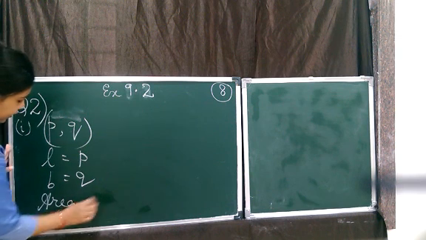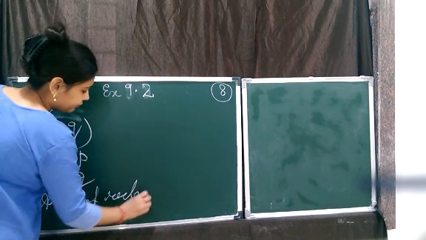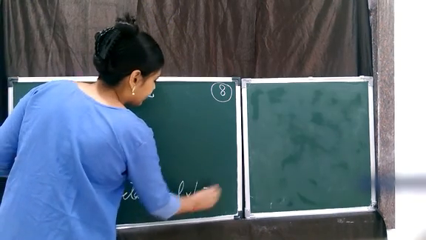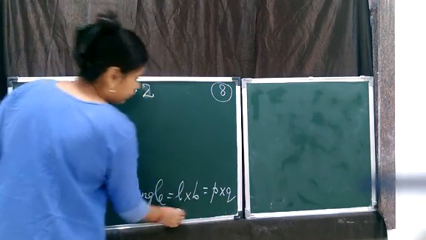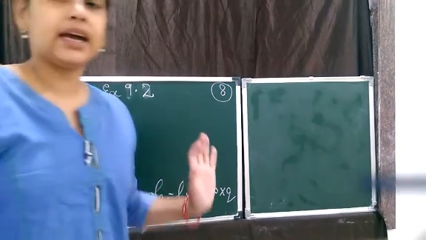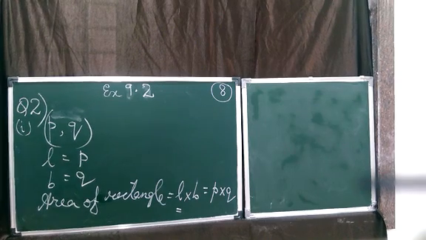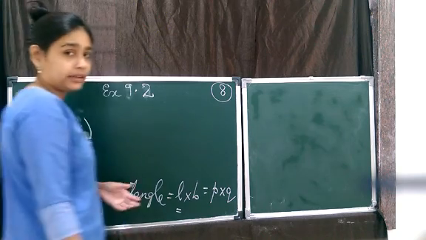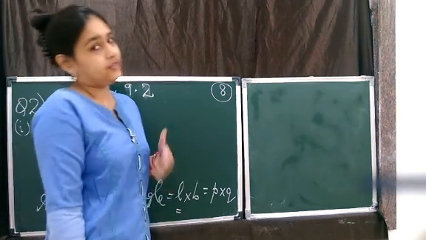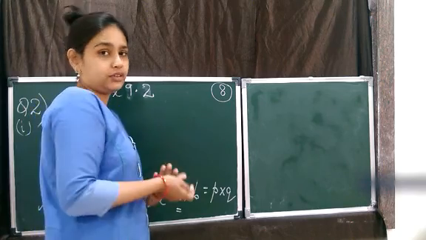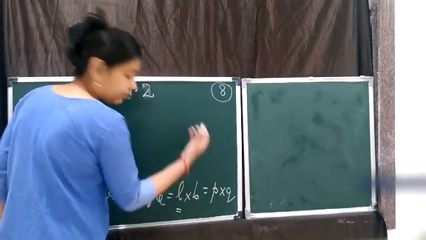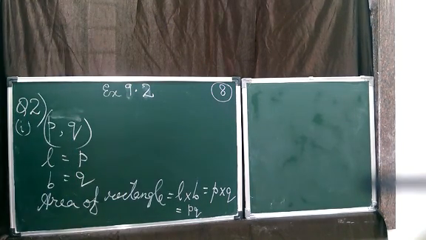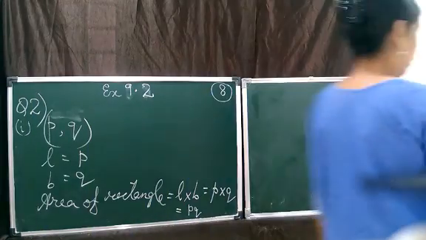Area of rectangle. What is the area of rectangle? Length into breadth. That is P into Q. So, we studied, we multiply the constants and the variables. The constants get multiplied and the variables get multiplied, and the exponents of the variables are added if the variables are same. If they are not same, then they are just written together. So, 1 into 1 gives you 1 and P into Q gives you PQ. So, what is the area? The area is PQ square units.